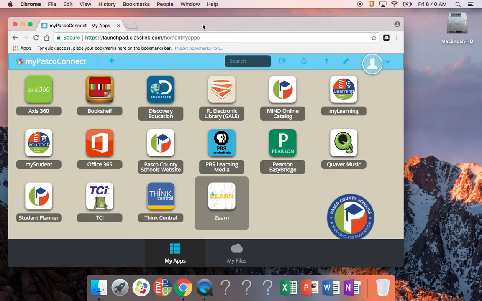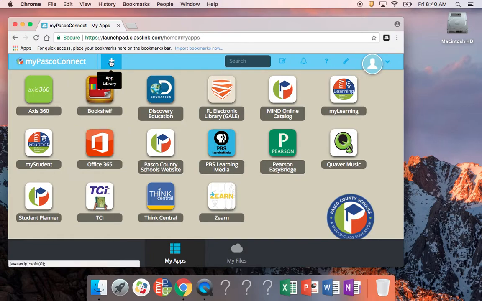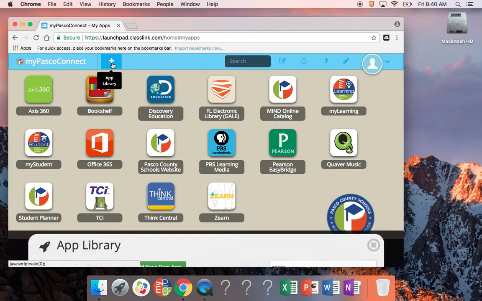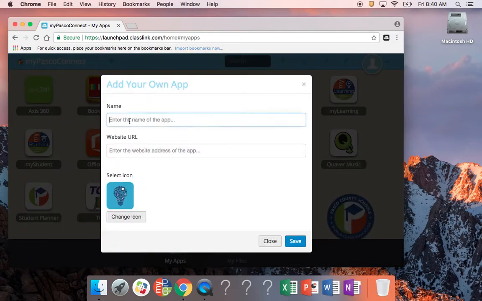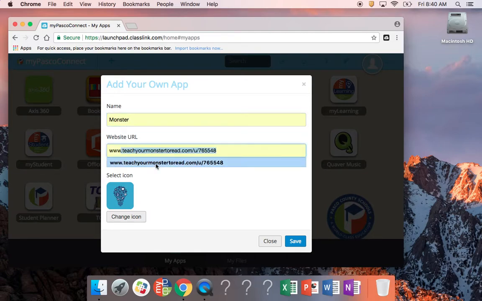Now I know some of you are wanting to use apps that aren't in the Pasco library. So instead what you're going to do is click this plus button and you can add your own app. This teacher is using How to Teach Your Monster to Read, so I'm going to add that app. I name it, and I'm just going to name it Monster, and then I have to type in the address,